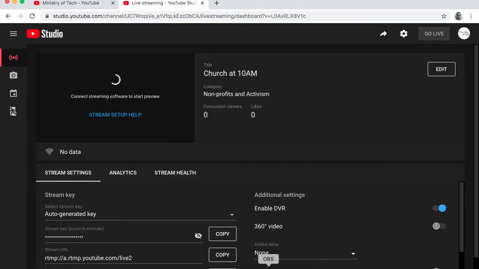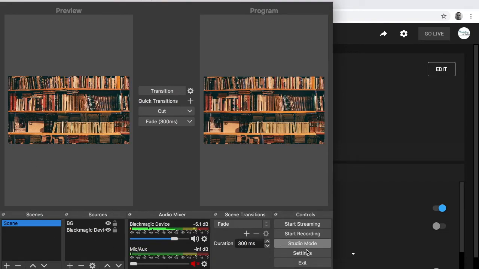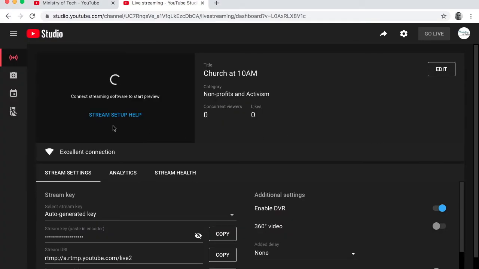So let's jump across back to OBS. We've got all of our settings in, and if I press start stream on there, that should start sending packets, and you've got a green down here, so that's all good. So we'll jump back across to here and wait for that to start loading in here. So we're still not live yet. There's a go live button up here. It's waiting for a solid video connection,